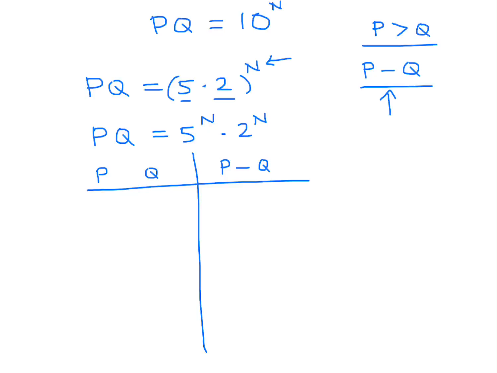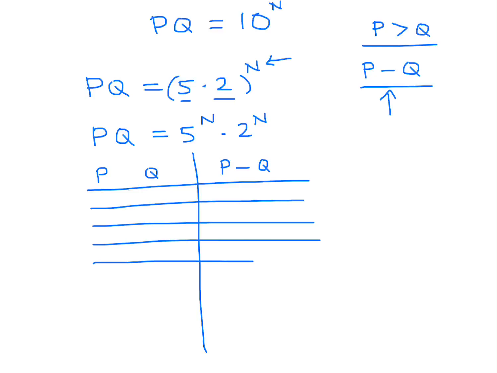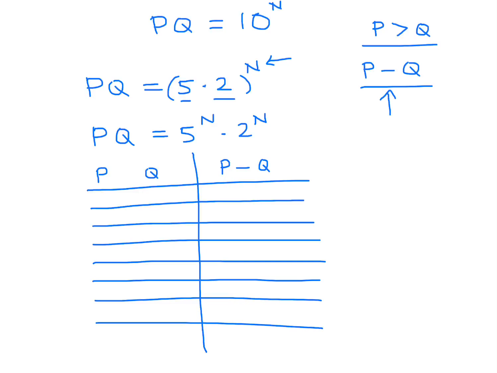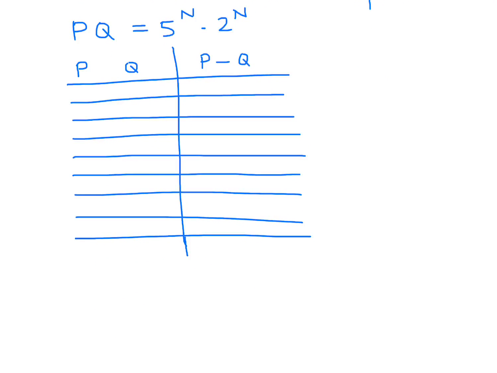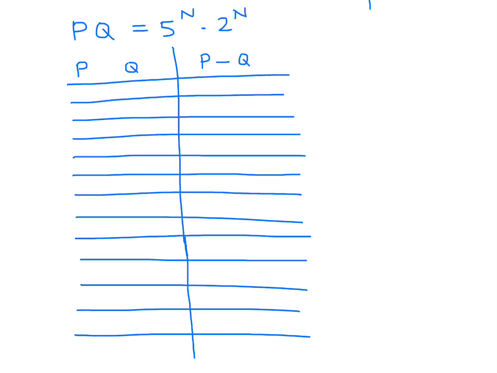And the hope with these style of questions is that you're going to get some sort of pattern, and that pattern will help you greatly. Sometimes the pattern comes pretty quickly, and sometimes it takes absolutely forever to get to. It depends on the question, but since this is a grade 7 contest, I'm anticipating the pattern will come relatively quickly. All right, so when n is 1,